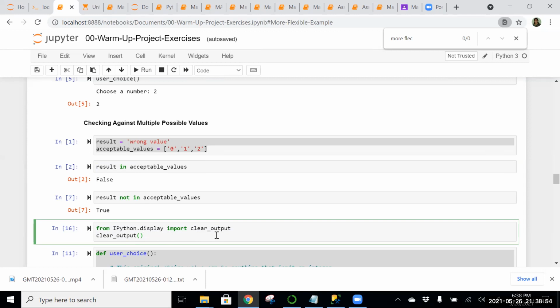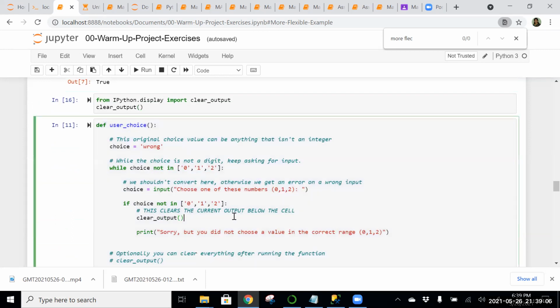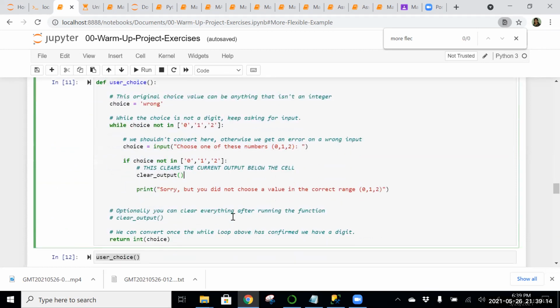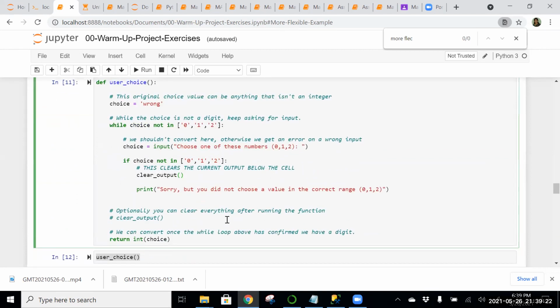From there we are just importing this function, clear_output. What it does is, if you run this, it will clear the output that you would have when you execute any command. So if you want to clear that output, you just give this command and it will be cleared off.